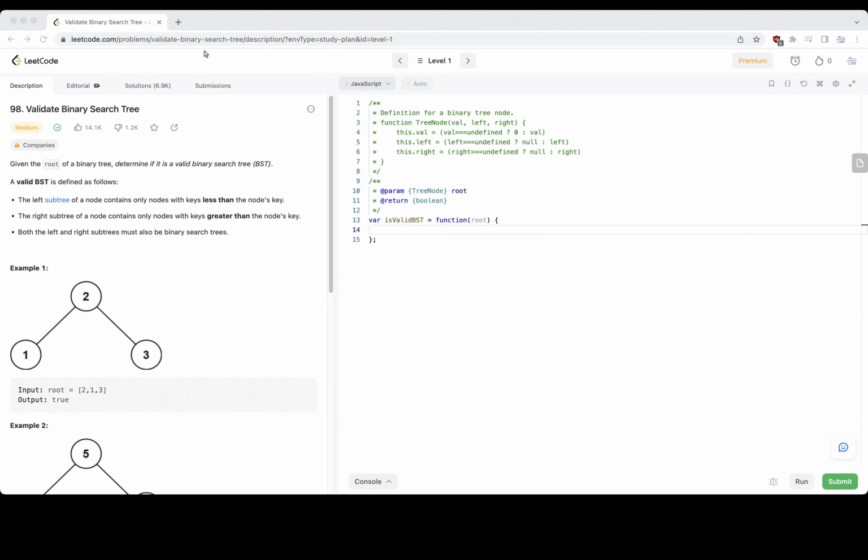We'll be solving the problem for LeetCode 98, validate binary search tree. This is another problem in the LeetCode 75 study plan. Let's get to it. So given the root of a binary tree, determine if it is a valid binary search